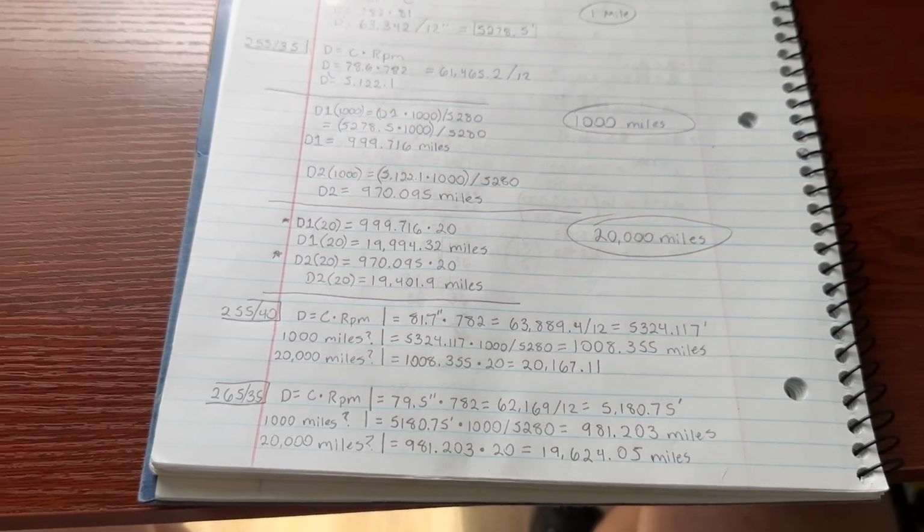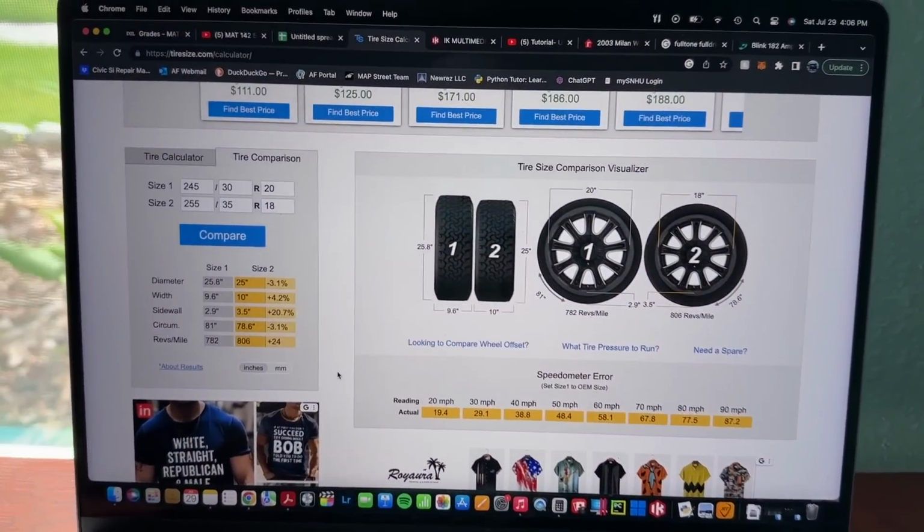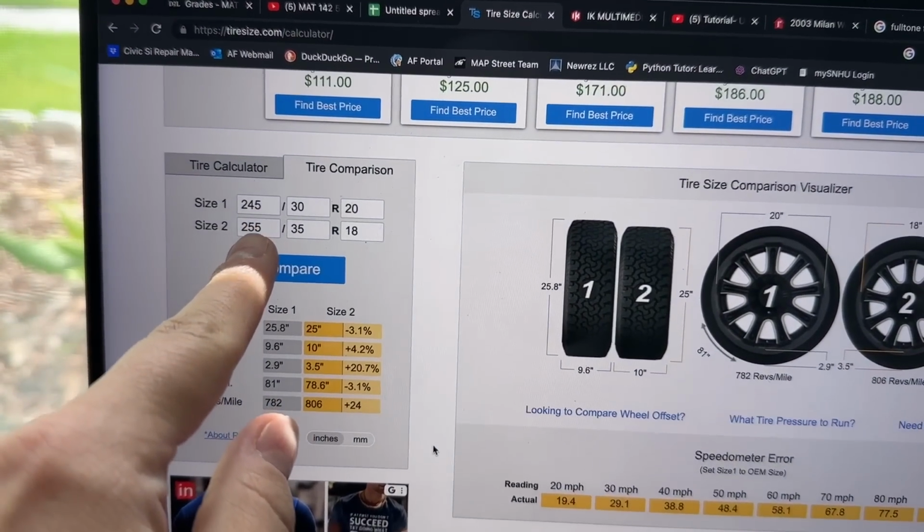All right, now I'm going to explain to you with math calculations why I chose 255/40s instead of the more popular choice, 265/35s. So I have all these math calculations here. I am going to walk you through them, but first I want to show you this. These are the stock tires,